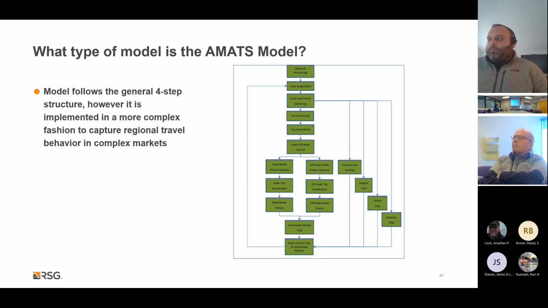Auto assignments are performed really early on, where trip tables are assigned to the highway network. It's to note that the AMATS model runs several times, or iterations. The trip tables here are assigned to the auto network at the start of the model system in order to develop travel level of service matrices, or skims, for subsequent model components. What this does is ensure that the demand output from the model is consistent with the demand used to estimate future travel times.